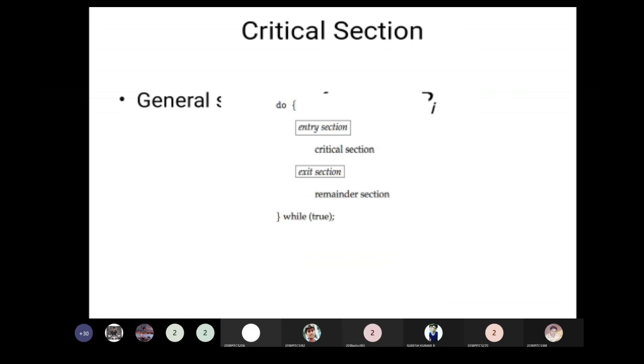So while any process is executing the critical section, no other process will be allowed to enter the critical section. When it is out of the critical section, that is, when the process is in the exit section, the other process will go and ask the permission for entering the critical section. Whichever gains permission can execute the critical section in the next cycle.